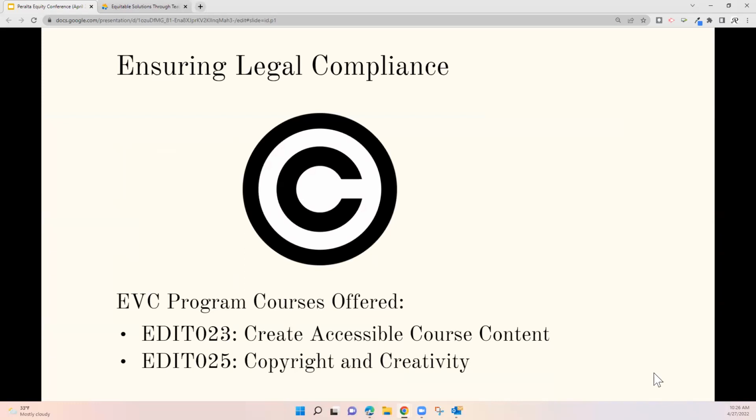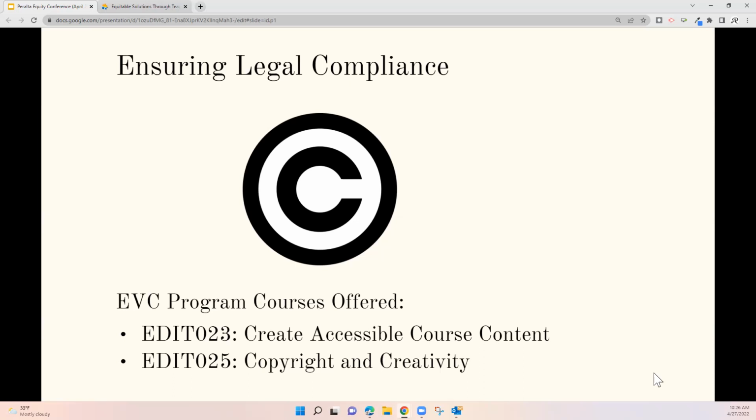Another area that we as educators need to stay on top of is copyright laws. The laws and regulations can be complex and confusing. When is it okay to use copyrighted material? When should you avoid it? What are the risks or consequences of non-compliance? And sometimes they're very expensive. These are questions for which we need to know the answers, regardless of the modality that we teach, online, face-to-face,